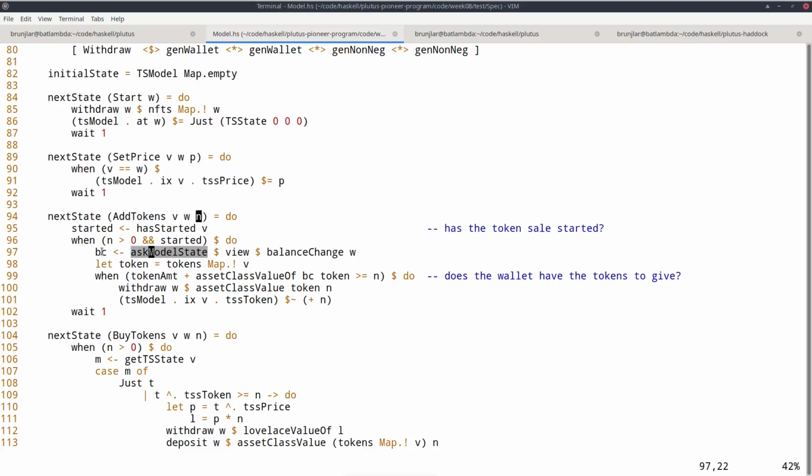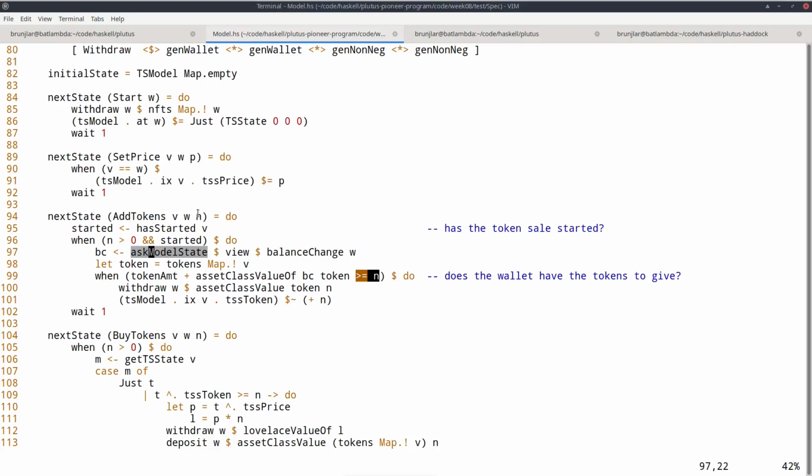So this is now the balance check, and so I look up the token, and now I must check whether it has enough. And token amount is the original supply. So I check that the token amount, the original supply of tokens, plus how many tokens it has changed since the beginning of the simulation. So this will now be the amount of tokens presently in the wallet, and that must be greater or equal to the amount that the wallet actually wants to provide to the contract.